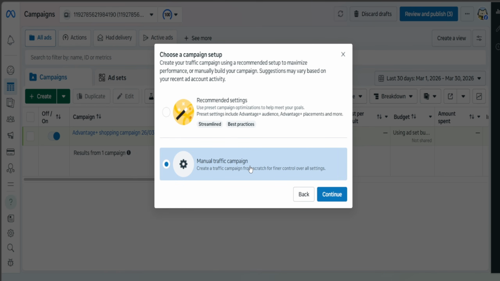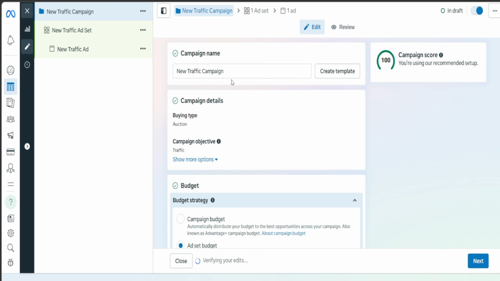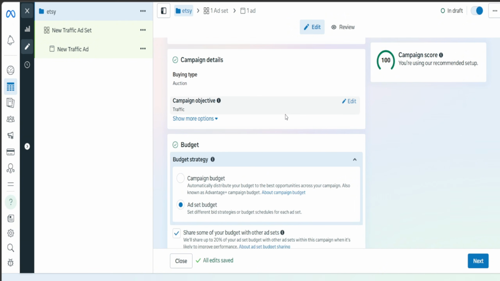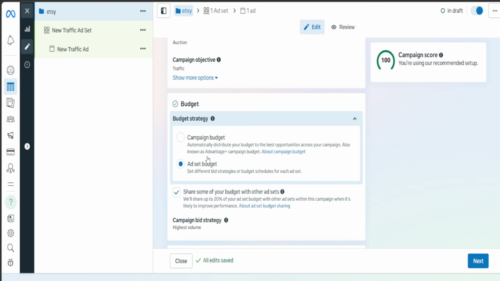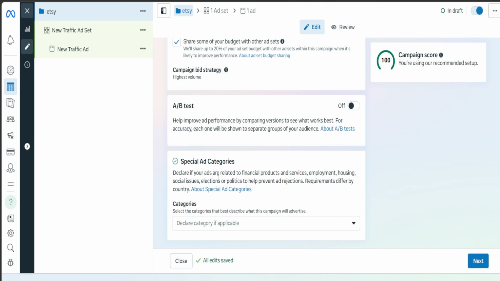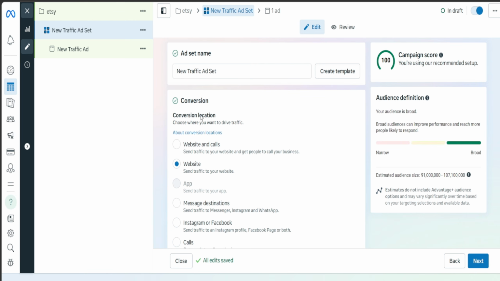And then you can enter your campaign name, or you could do a manual traffic campaign. You could do recommended settings, but in our case, we're going to choose the manual traffic campaign. We're going to go ahead and choose the name as we mentioned. So let's just go ahead and type that. And then from there, you could set your daily budget. You can define your audience by location and those sorts of things, but you're going to have to choose the conversion, which is